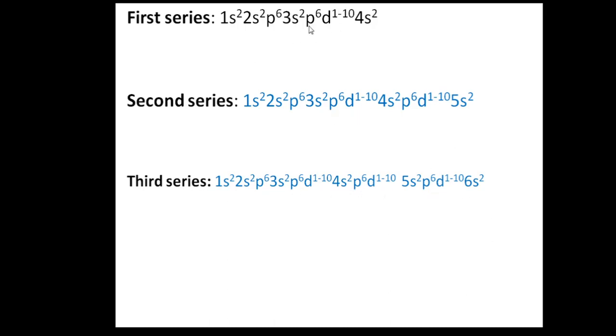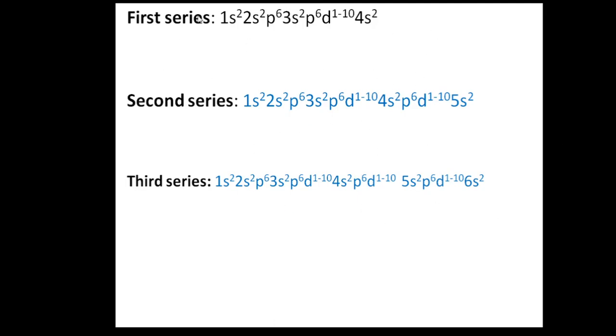As far as length is concerned, we can very clearly observe that the first transition series is short compared to the second transition series, and the second is comparatively short compared to the third transition series. It means that the atomic number goes on increasing from first to third, and their nuclear charges also go on increasing. On the basis of this, we already discussed that their physical and chemical parameters go on increasing and decreasing, with exceptional properties of some selected elements.